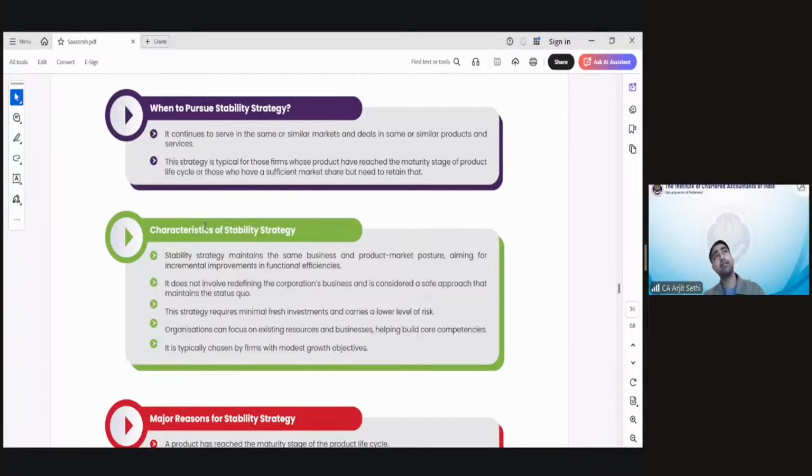McDonald's is a stability strategy or a growth strategy in India? McDonald's is a stability strategy, my friend. No new fancy products, no more retail outlets opening. Have you heard of any in the last 5 years? Let me ask this question to you: in the last 5 years, have you seen McDonald's opening new stores or new restaurants? I don't think so. There might be a couple of them, but it's not like they're opening new shops every single day.